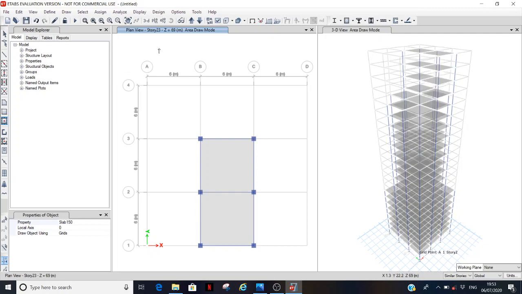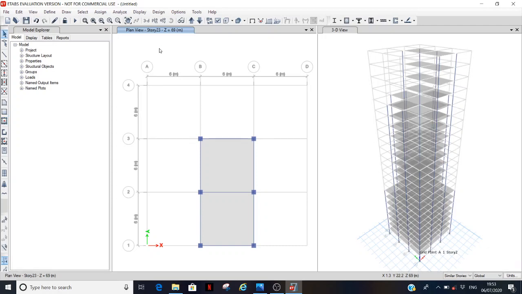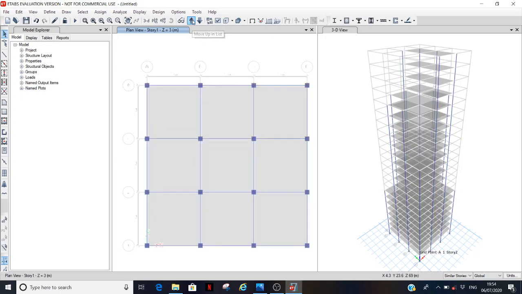Now that the assigning of loads is to be done, in order to escape from the drawing option, click escape from the keyboard. The drawing option will be out. Now let us go to the story 1. In order to assign the dead loads, select all stories option, since as per the problem statement, the dead load given is same for all the stories.